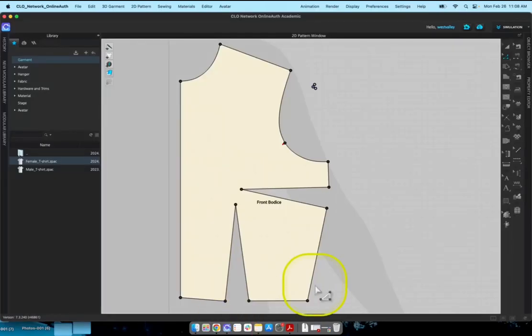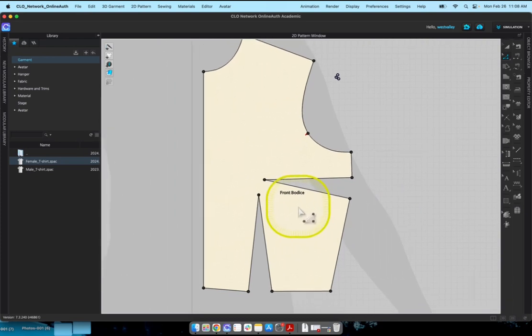Another way to merge darts is to essentially cut, slash, and rotate our darts, which is a different way to accomplish this. It takes a few more steps, but it sometimes is worth it. Now, what we're going to need to do first is establish a cut line. And I'm going to essentially draw a line that runs straight from my dart outtake or dart vanishing point to